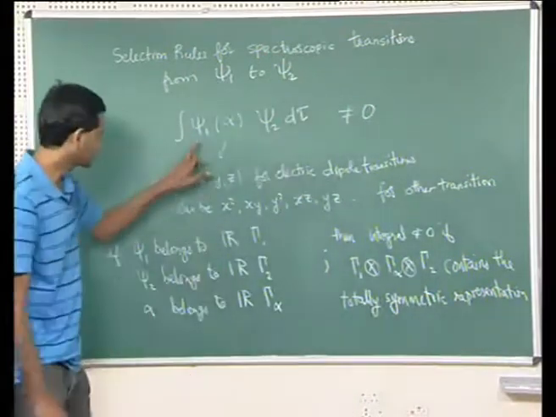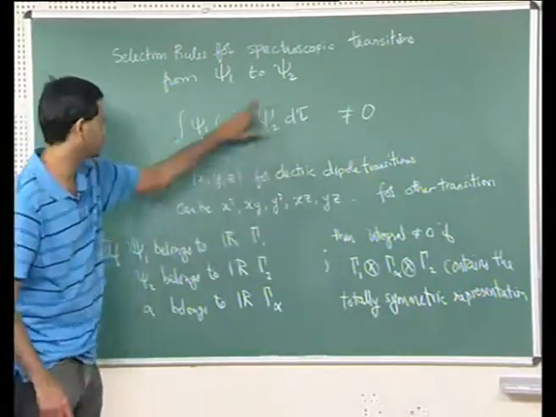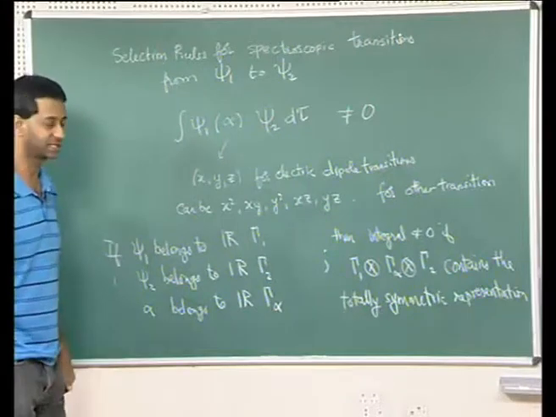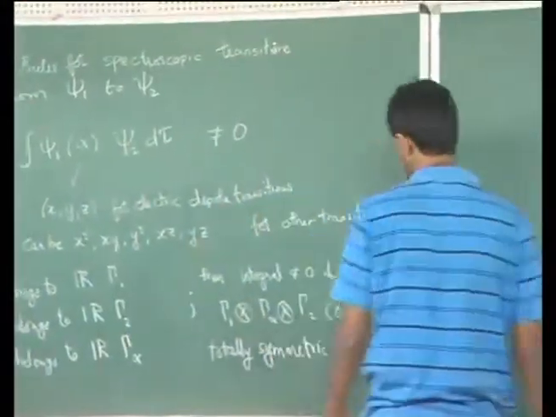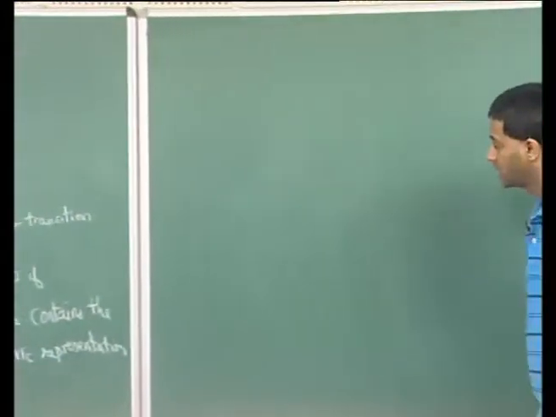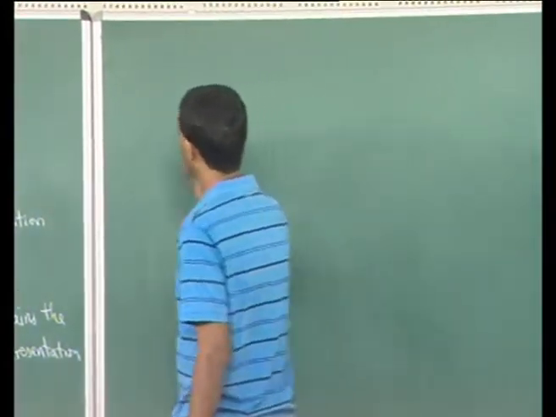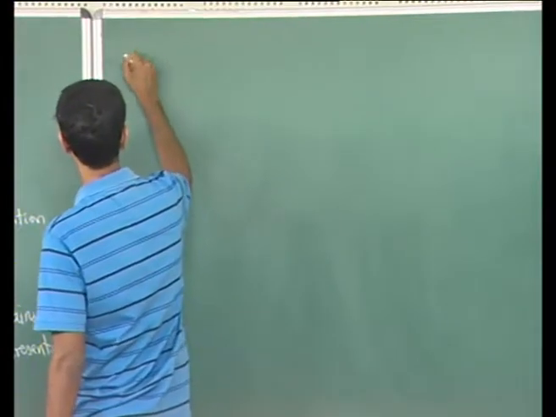So this direct product, this integrand, should be totally symmetric. It should contain the totally symmetric representation. So that is a simple condition. And also, or in other words,